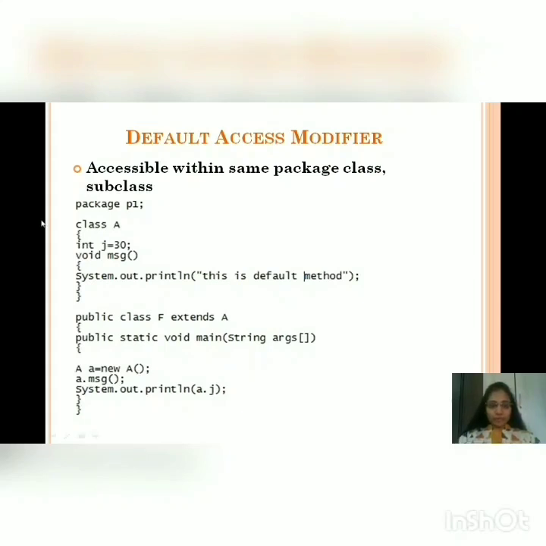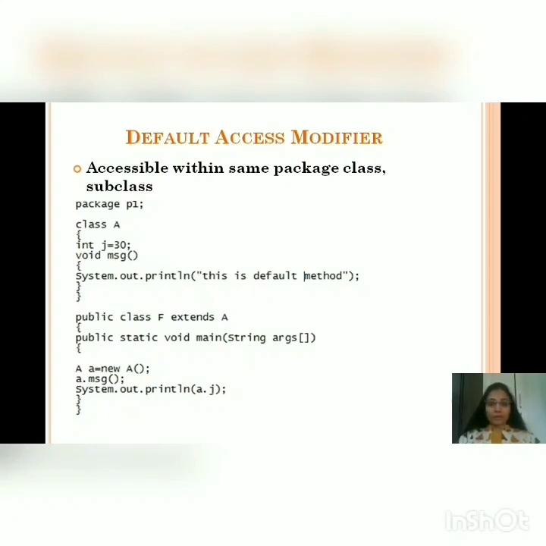So here I have declared the object of class A and I am trying to access the method message of default class A. So it will allow me to access this method and I am trying to print the value of the default variable j in class F. So it allows me access to this variable.